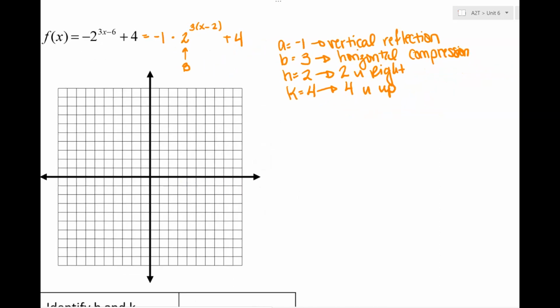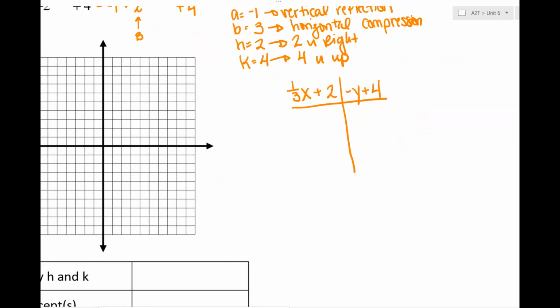Let's make our transformation chart. We have B as the reciprocal affecting X plus the H, and then we have A affecting the Y plus or minus the K, in this case plus. Now our base is 2, so remember the x's go from -2 to 2, and depending on the base, we